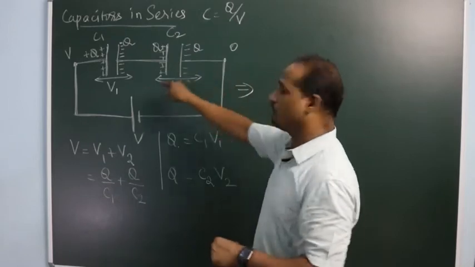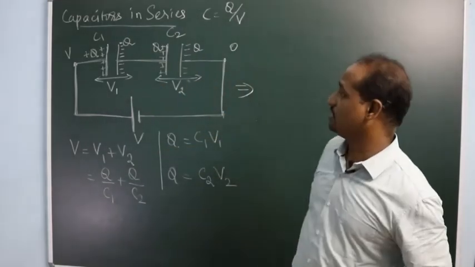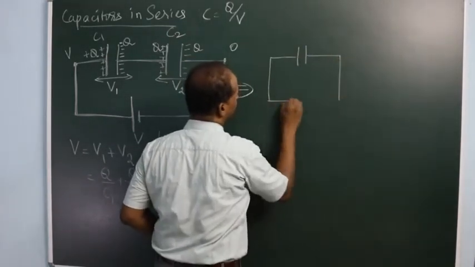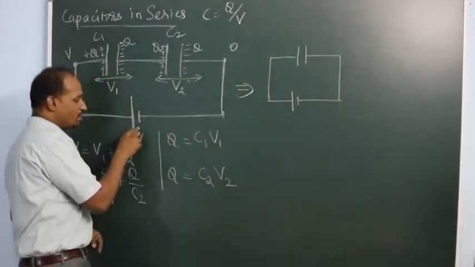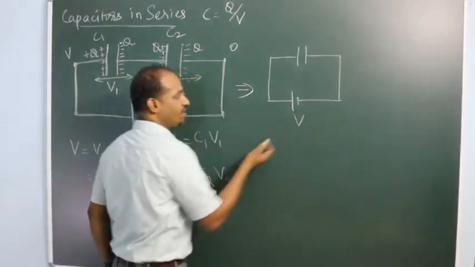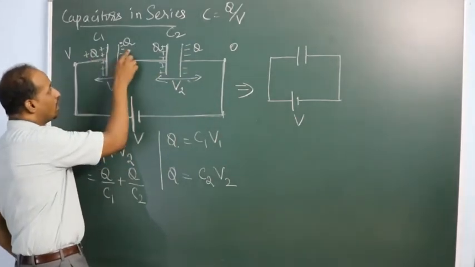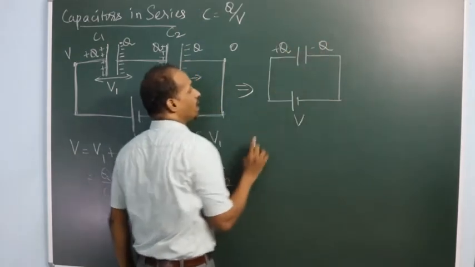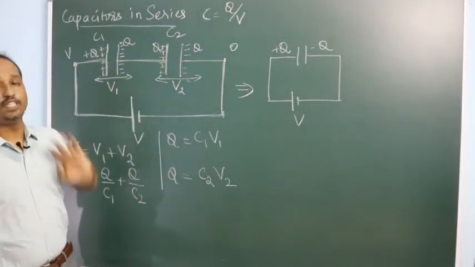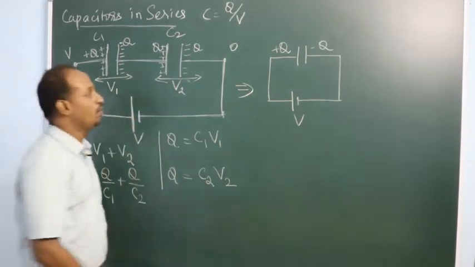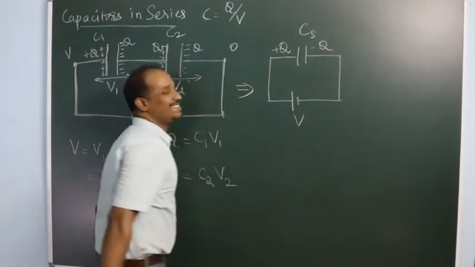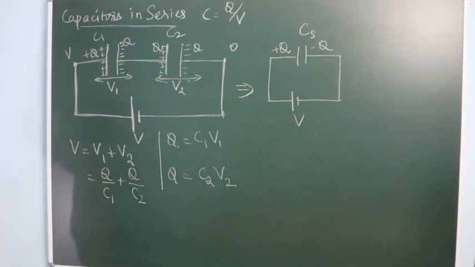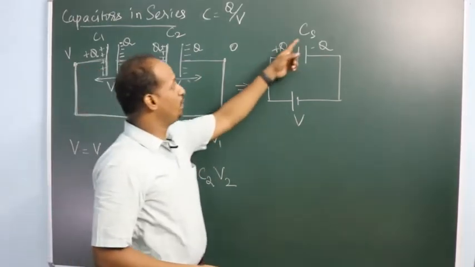Similarly, here you have two capacitors of capacitances C1 and C2. You are going to replace these two capacitances with a single capacitance in such a way that if the potential drop you connected is V here, then it should be V. These two capacitances drew an amount of charge Q, so the single one should also draw the same charge Q. In place of C1 and C2 there is only one capacitance, which I call CS, the effective capacitance in series. This produces the effect of these two.